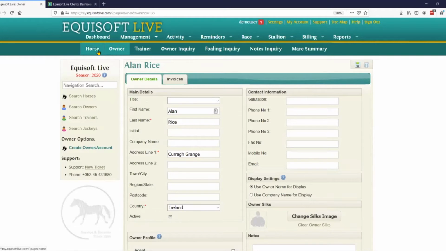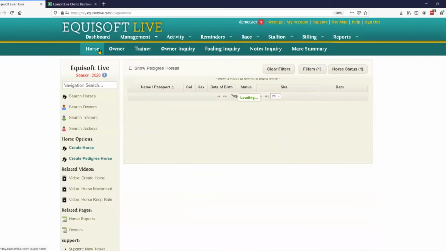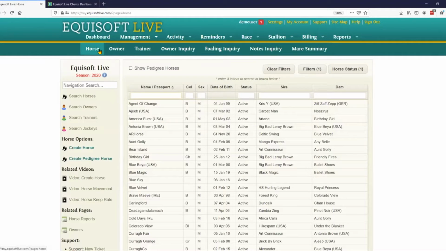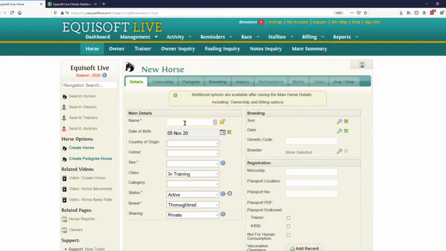The next thing we want to do is create a horse record. Again, the idea is we're going to get a mare, create a contract and cover, and go through the full process. So just an example of creating a horse record: we go to our menu, into the horse section, and we have an option here to create horse. Again, very simple input fields. You do have an awful lot of